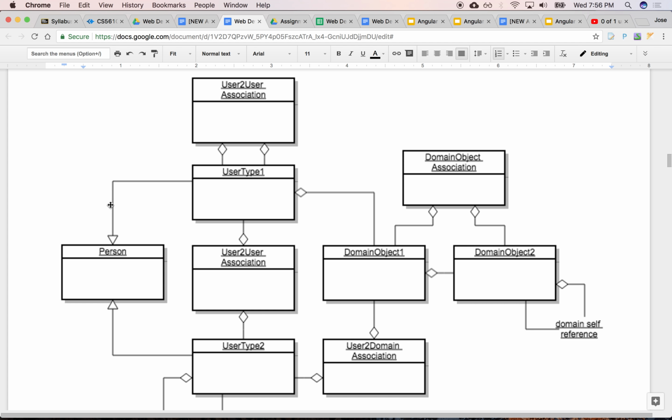They are inheriting from a base class of person that has all the common attributes, and then you have the specific attributes for each type of user. And then here's a relationship between one user and another user. Okay, one user might be following another user, or one user is assigning a task to another user, or one of them is the manager of another user.